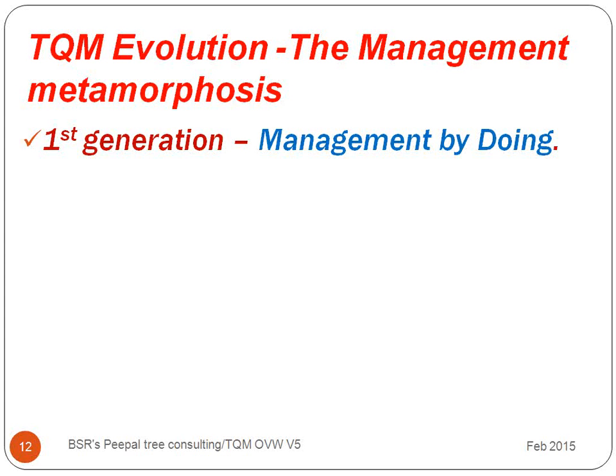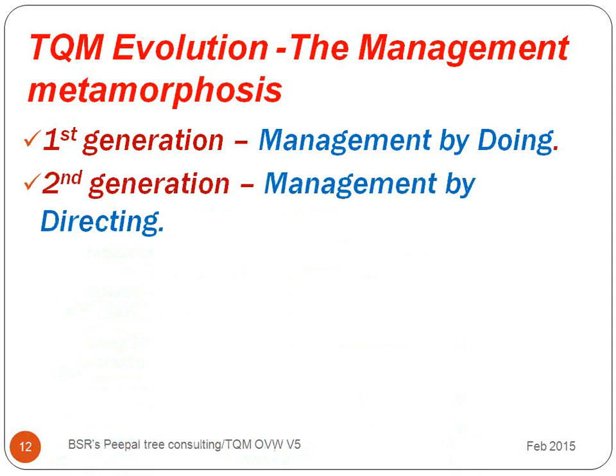We can take it over generations of management. The first generation was management by doing, so people believed that they had to do many things by themselves. But this was very good for individual-oriented trades. But when it became organizational, people had to necessarily go towards the second generation, which was management by directive, when